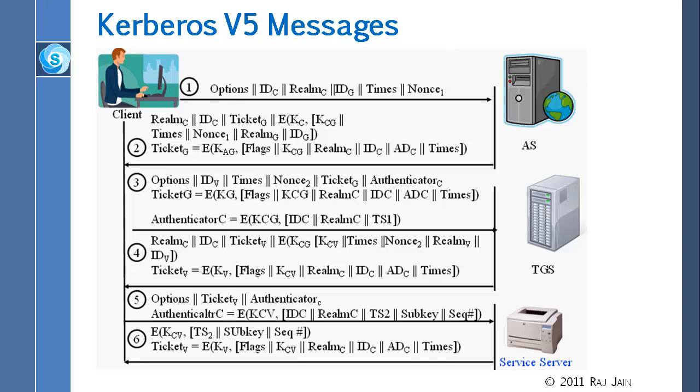So this is basically a detail of ticket G, which is in this line here. And in this line, the server sends only the ticket for V, and the ticket V is explained here. So the client sends the ticket and the authenticator, and the authenticator lets the server verify that I know the key. And then once it knows the key, it sends back something which verifies that it knows the key.